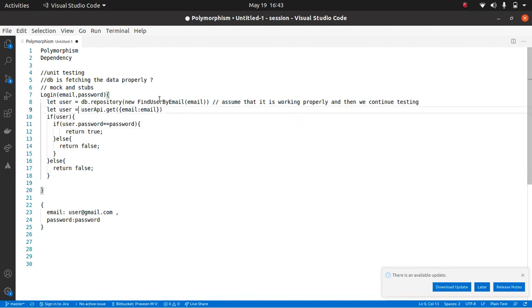It depends. Whenever you hit the database, right, it takes certain amount of time, so your test case automatically becomes a little slower. Similarly, whenever you make a call to the API, it will take certain amount of time, so your test case will become slower. Again, what happens if the database is down? What happens if the API is not properly hosted, or you have a different version of the API, someone newly deployed an API? So then what happens? So there are multiple such criteria where the test case can fail.